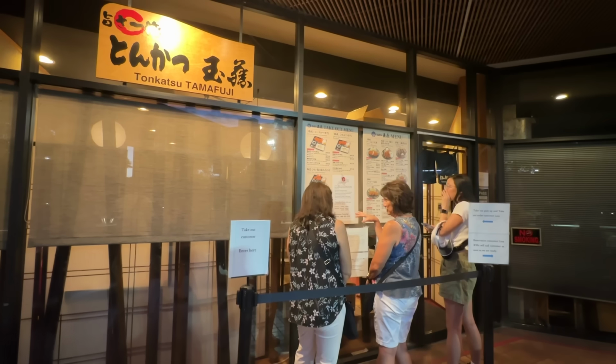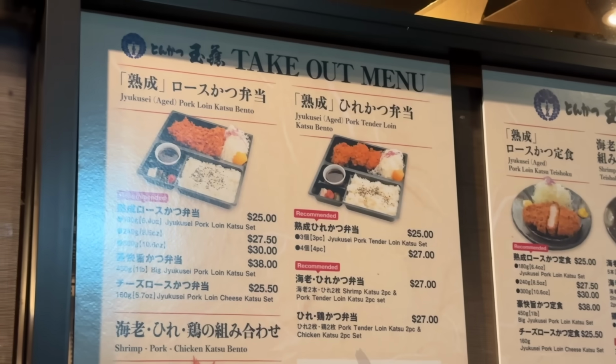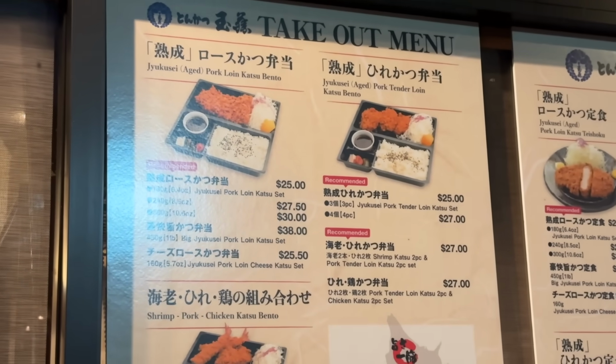Okay, so now we are at Tonkatsu Tamafuji, and this place is actually kind of hard to get into. You need a reservation. They don't take walk-ins, although they do takeout. So if you can't get a reservation, I would recommend trying to do the takeout option. Also, don't mind this camera setup. I literally turned on my camera and it said no card in camera, which means I forgot the SD card